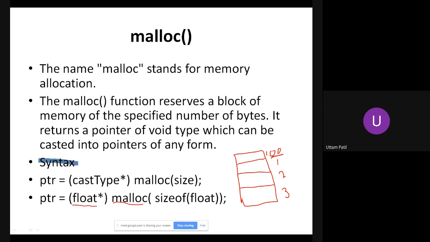So float star we have written. That means in these 4 memory locations, we are going to store one floating point type of data. Then to the pointer PTR, 100 will be assigned. So now PTR will be holding the address 100. Hope this is clear. Any doubts?